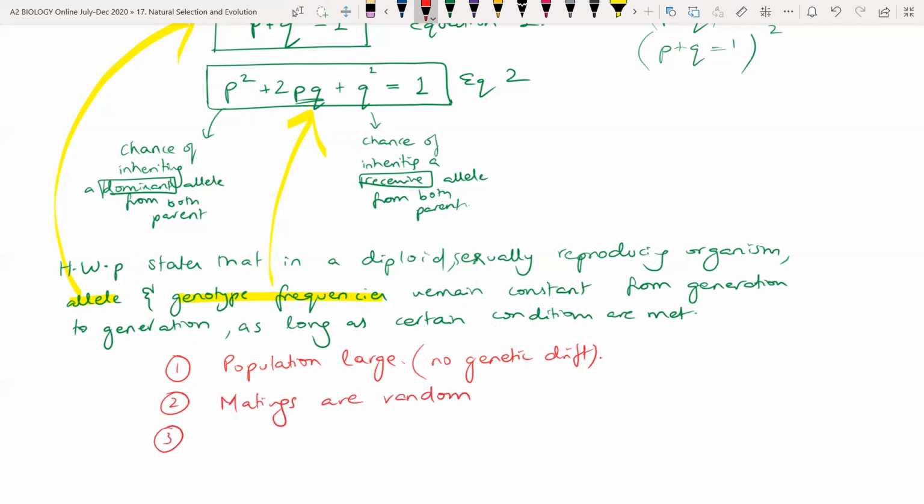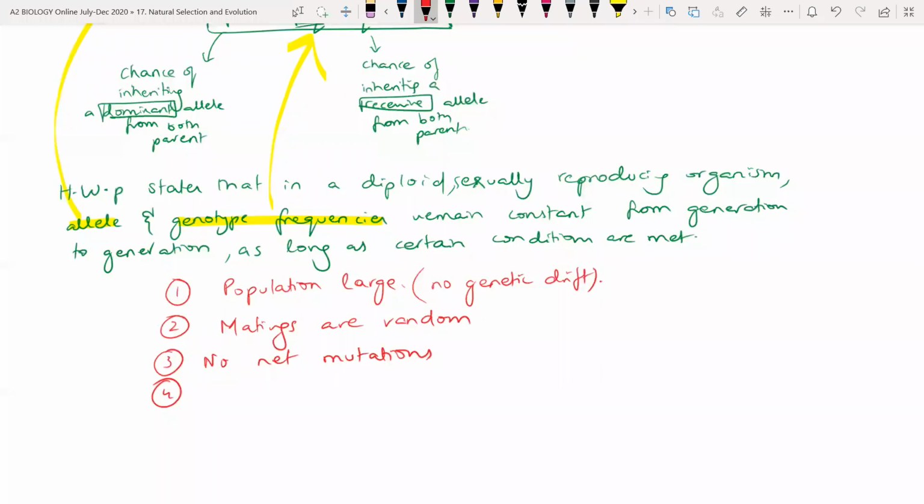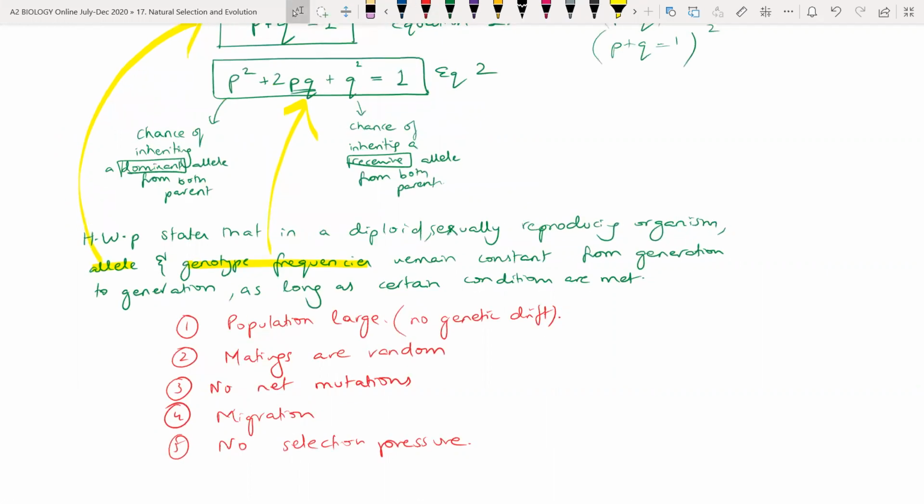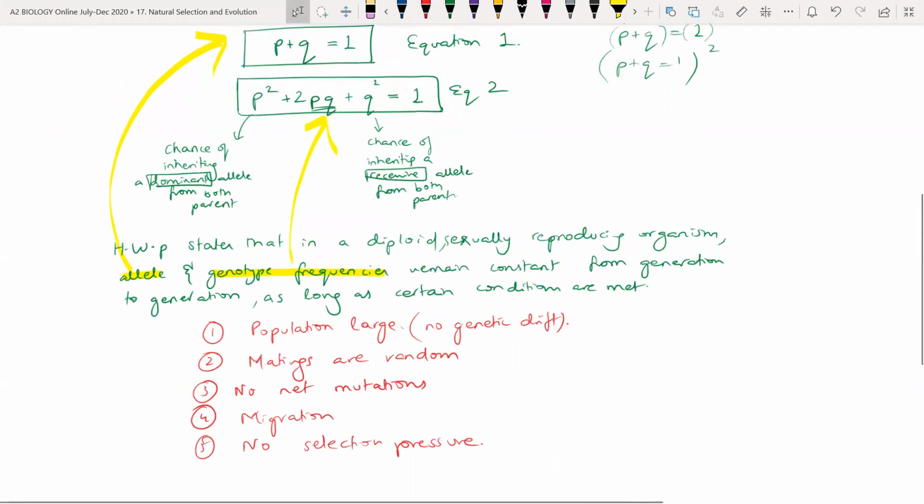Number three, no mutations, no net mutations. That's a good word. No net mutations. यानी कि overall free alleles पे कोई change नहीं आ रहा. Okay. Or there is no migration. Organisms एक ही जगह पे हैं. And there is no selection pressure. No selection pressure. If all of these conditions are met, only then we will have the allele and genotype frequencies